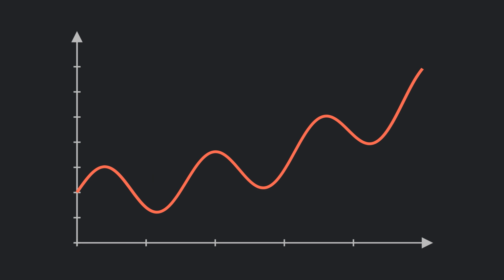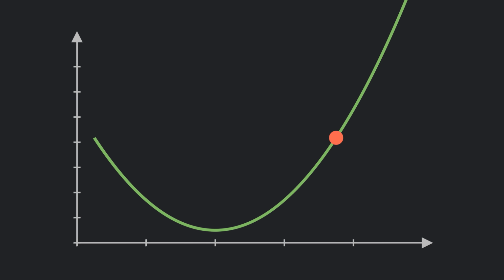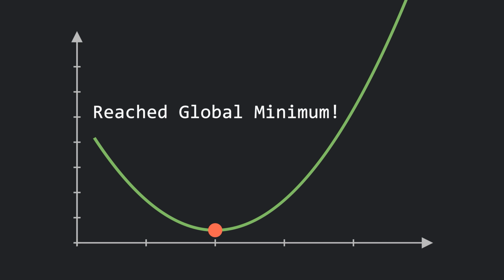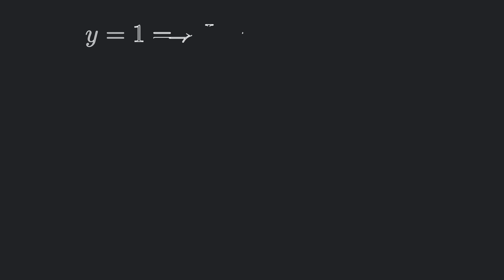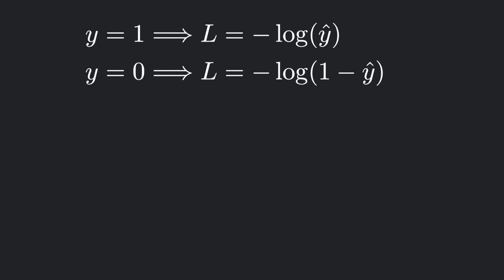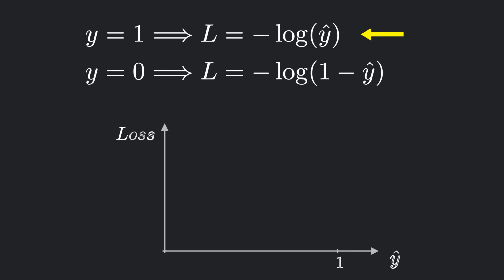We need a function that is convex, so that algorithms like gradient descent can reliably find the global minimum. Now look at these two equations. If y is 1, the loss is given by minus log y hat. This might sound abstract, but just look at the graph. If the predicted value is close to 1, the loss approaches 0, which makes sense since the prediction matches the